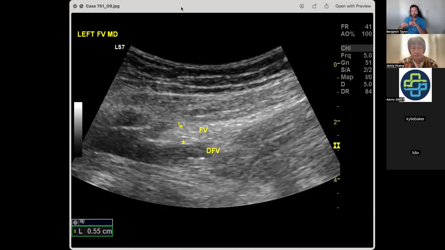Bright or dark? Smaller than the profunda. Yeah, which is a bit odd. Normally the profunda's a bit bigger. Normally the profunda is the smaller one. So we've got a small clot that's bright, which is not surprising because this guy also said he had a DVT a year ago. So then that raises the question,